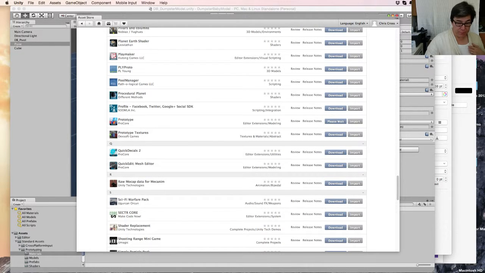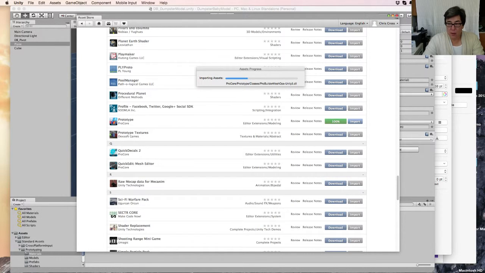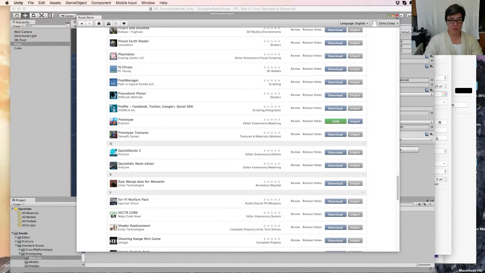Okay, see this prototype by Procore? This will allow me to edit some meshes. So let's bring this in, import that. Yes, it's because Unity updated. Okay. I have a feeling we're going to spend most of this hour upgrading to Unity 5, which is okay,